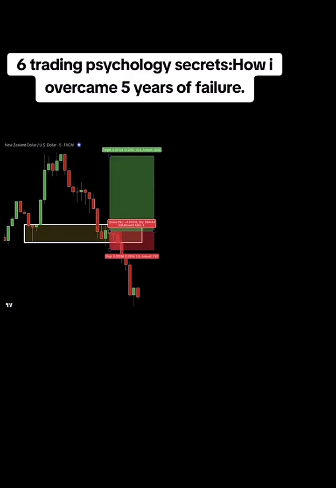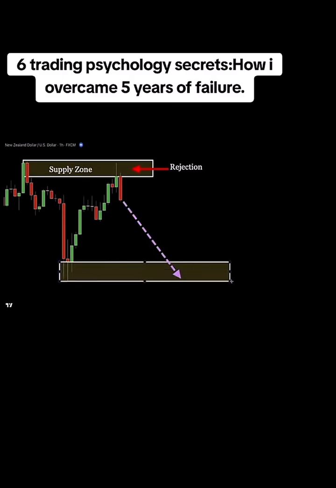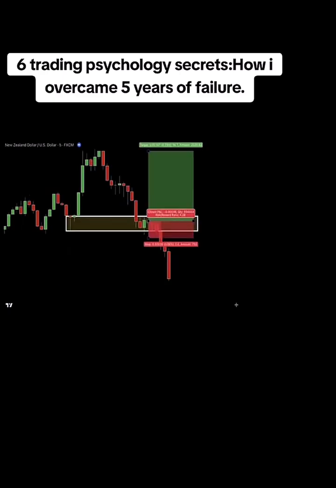Let's revisit the setup with a fresh perspective. Switching to the hourly time frame, we notice what we missed. The market was rejected from a strong supply zone. This supply zone is a conflicting signal, suggesting that the market is more likely to move downward and reach the demand zone visible on the hourly time frame. Now, going back to the 5-minute chart, even though the demand zone appears technically strong, we're trading against the higher time frame supply zone. This conflict in signals is why the setup ultimately failed.